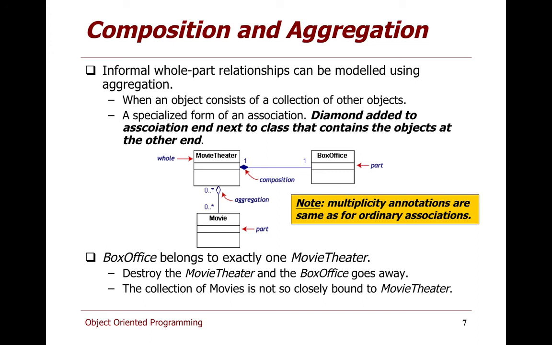So in other words, aggregation implies that an object, in this case movie, may be shared. It doesn't guarantee it will be shared. If it's not being shared, it will be garbage collected. However, we cannot guarantee that at compile time. That's what it means. So a black diamond implies full composition. A white diamond implies the weaker, looser form of composition that we call aggregation.